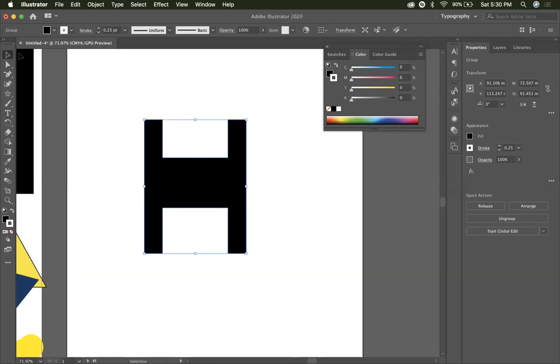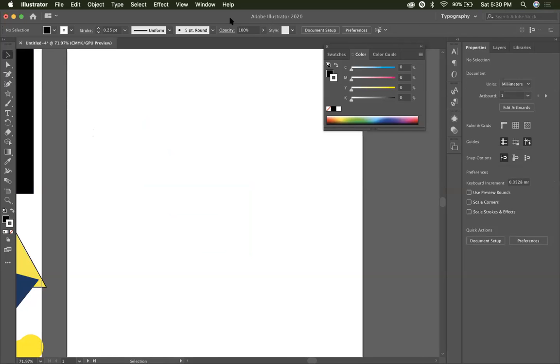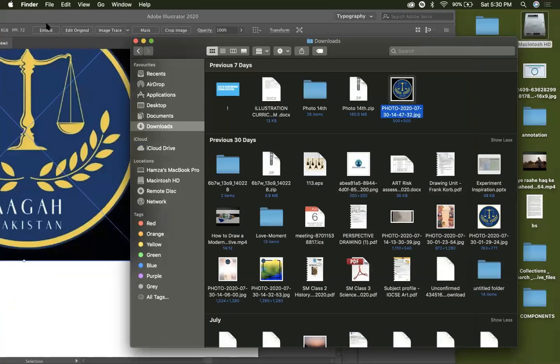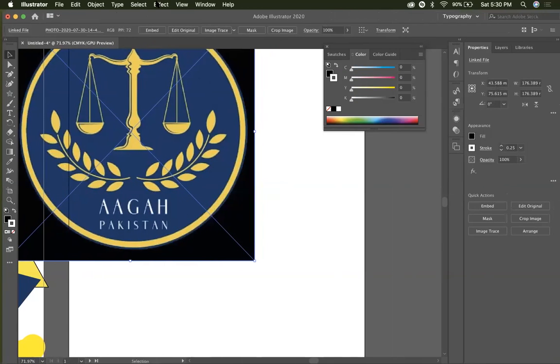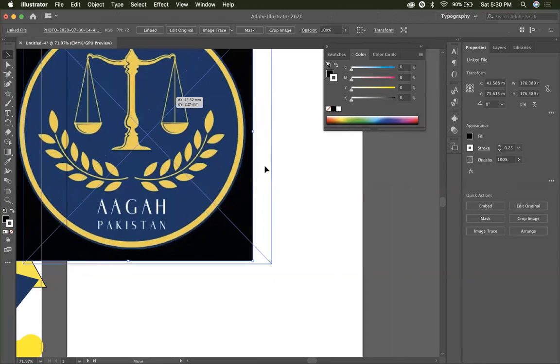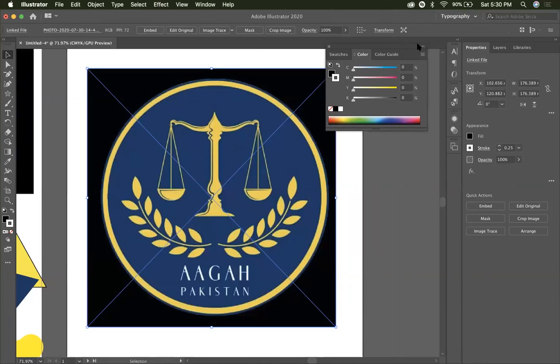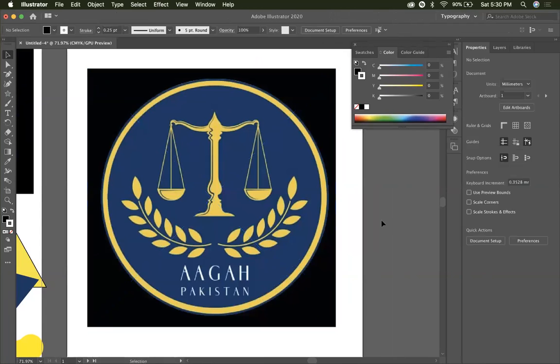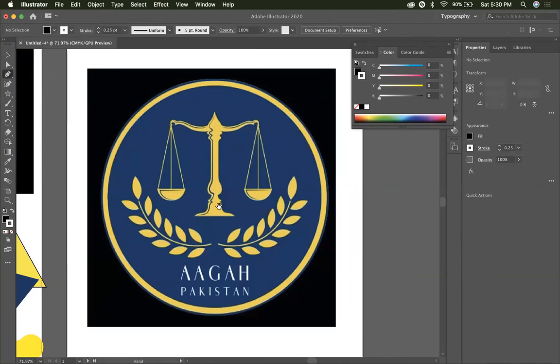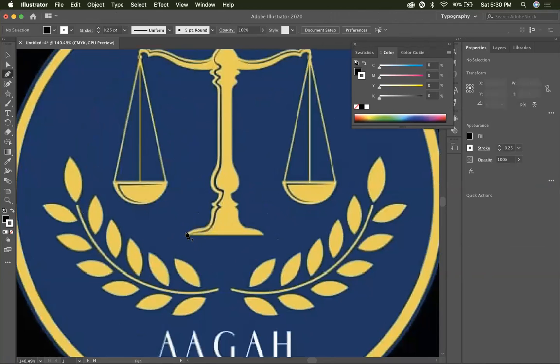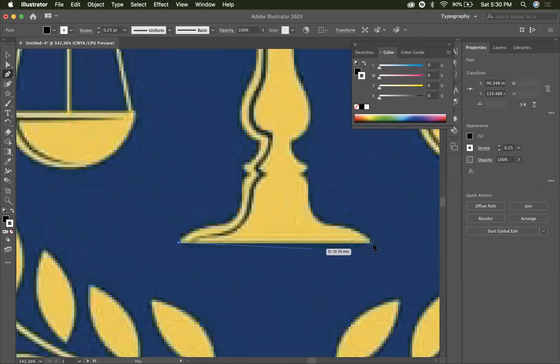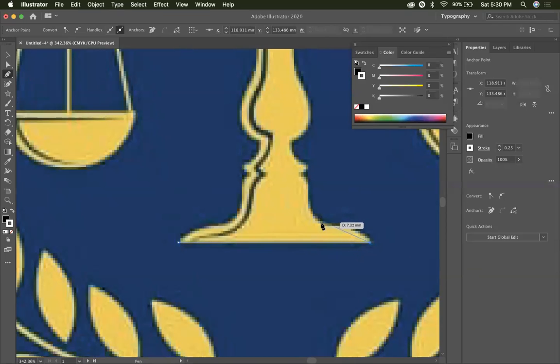I'll show you what the pen tool is basically for. For example, I took this logo before. The pen tool is the first thing I learned in Illustrator, but it's actually not that important because I haven't used it after. What it basically does is, I select the pen tool, and for example, if I want to copy it, like I want to take these points, I'll show you. Then I select it here, and if I want to give it a curve, since it has a curve,